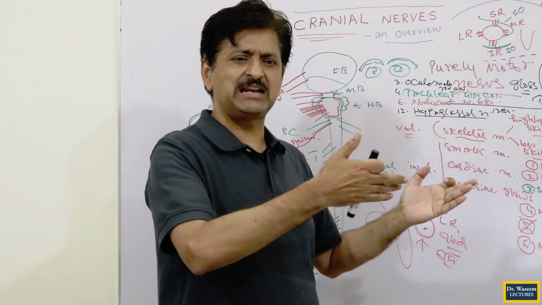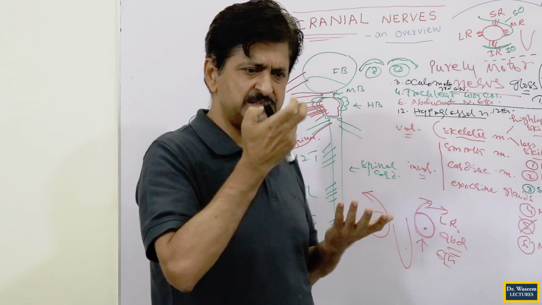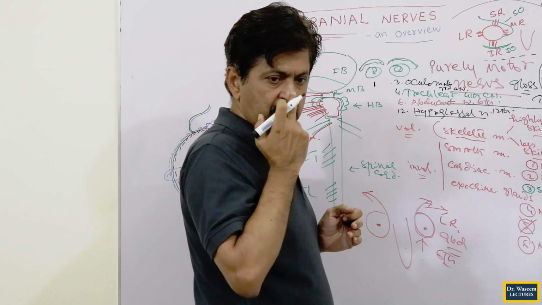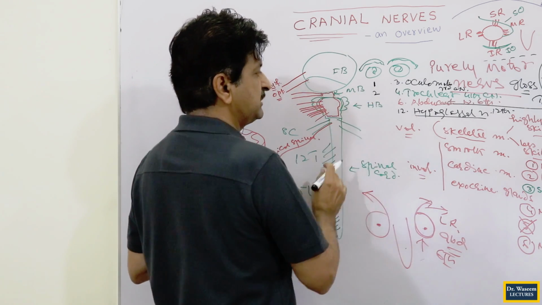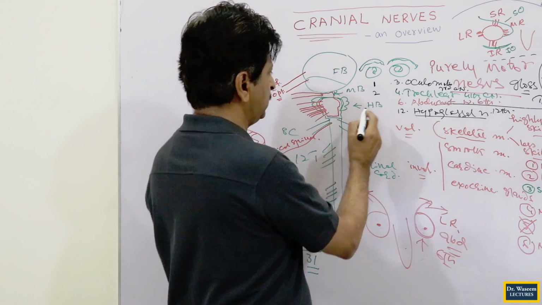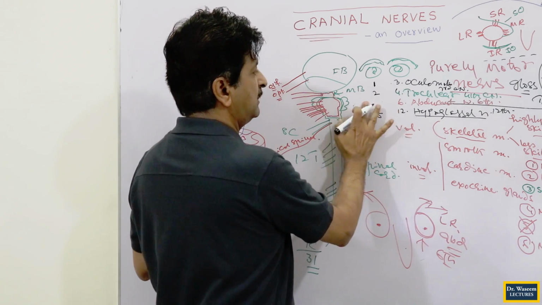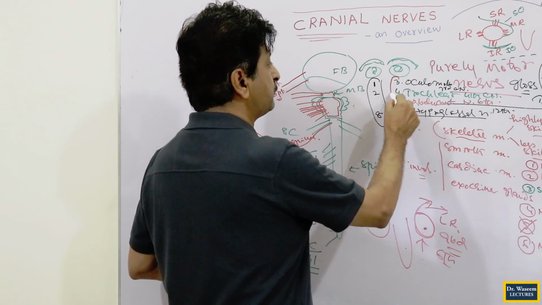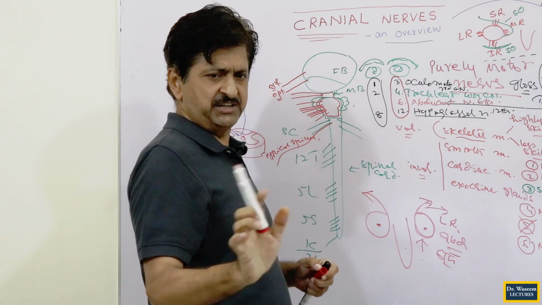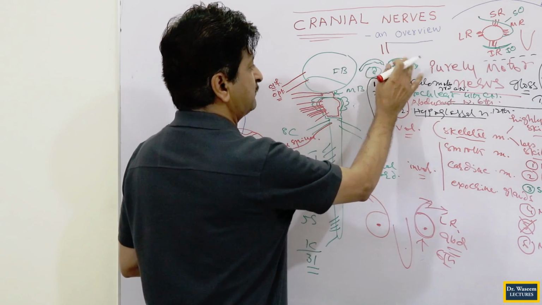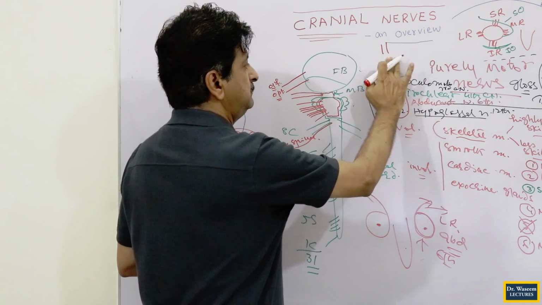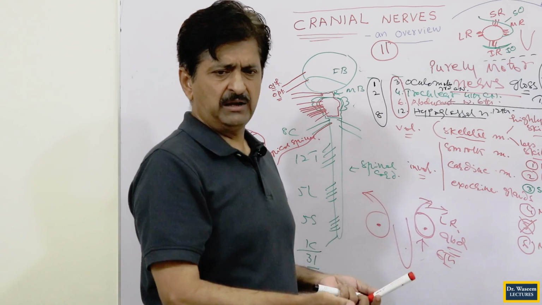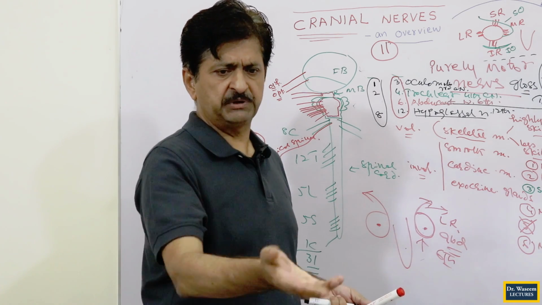For purely sensory nerves, you have already seen the special senses: 1 is for smell, 2 is for vision, and another for the ear, which is 8. These are purely sensory, and those are purely motor. One is additional, that is the 11th nerve. You count in the middle, whatever nerve is coming, that should be called the mixed nerve.